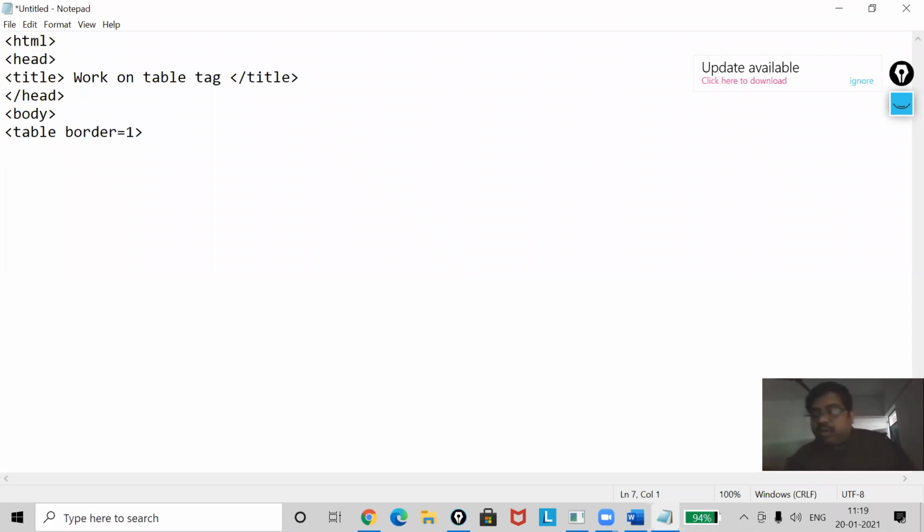Okay. Now what is my planning? My planning is that my table should contain 5 rows. First 2 will be the thead. So here I will use thead.